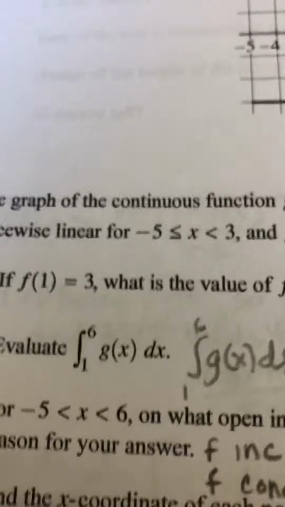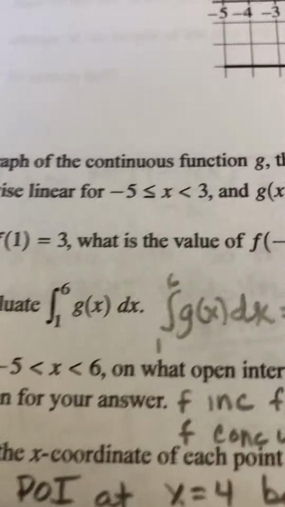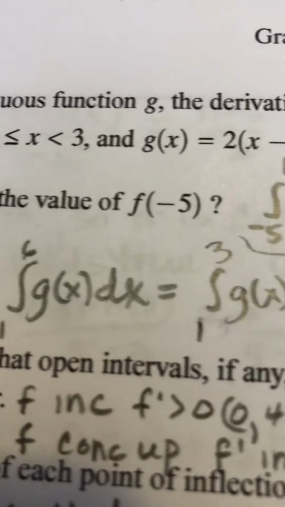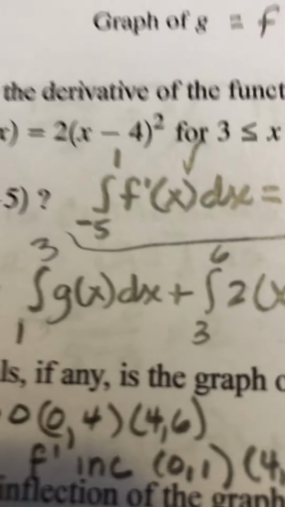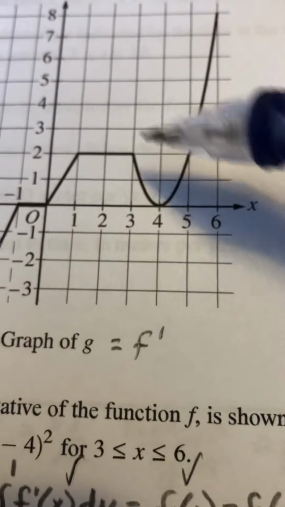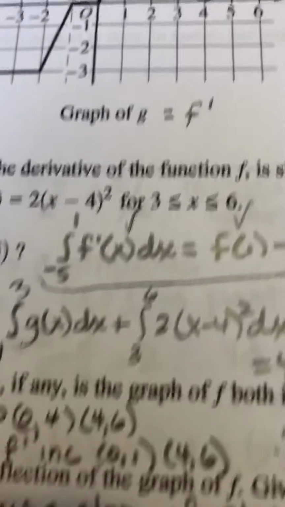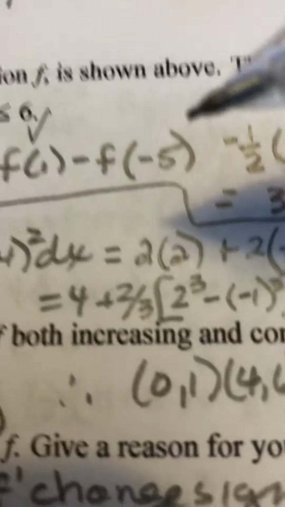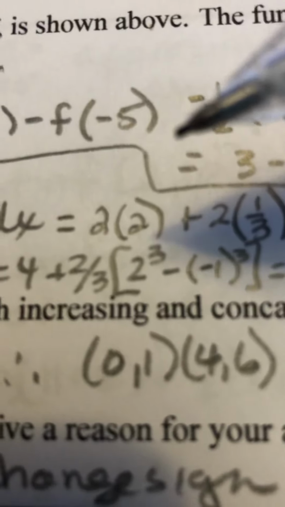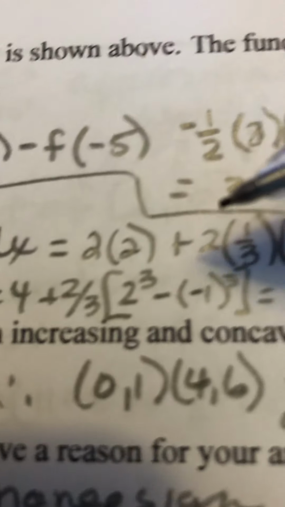Part B, evaluating the integral from 1 to 6 of g of x. Okay, so we can split it up and go from 1 to 3, where it's just area, and 3 to 6, where we have to do the antiderivative. So 1 to 3, our area is, we have this 2 by 2 square